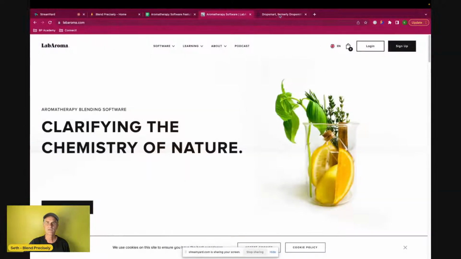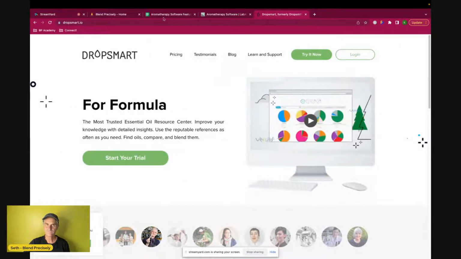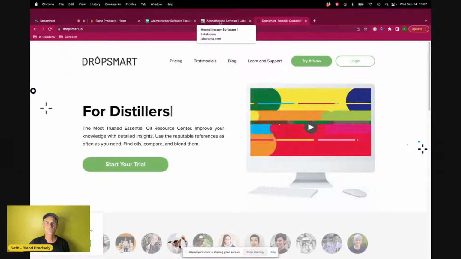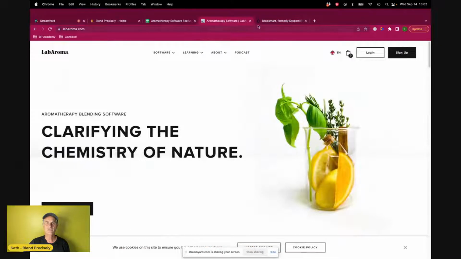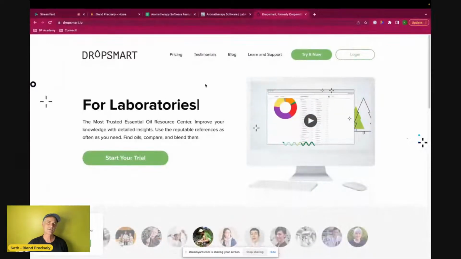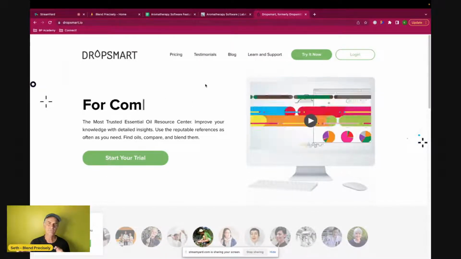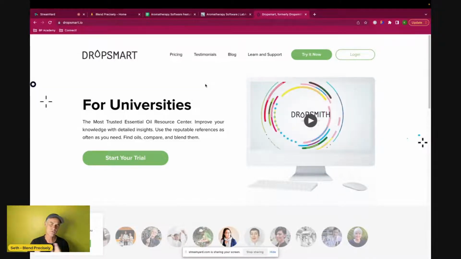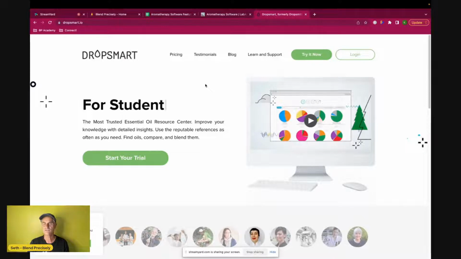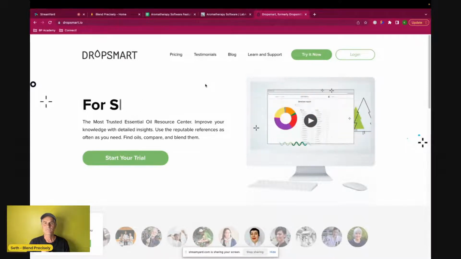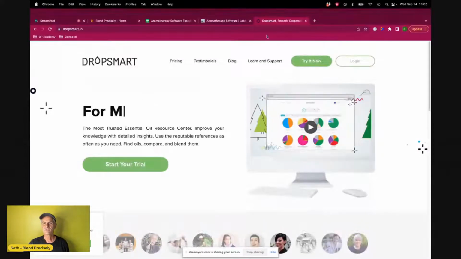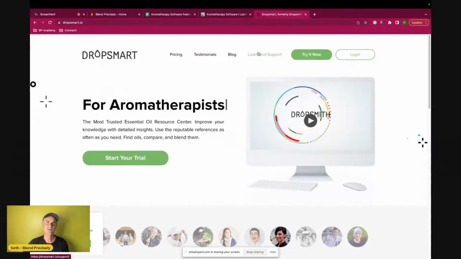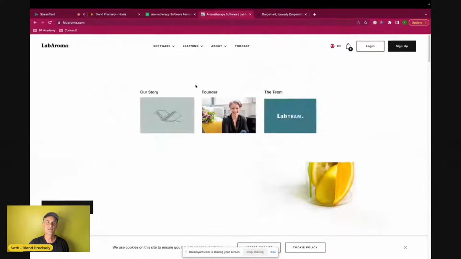So just in general, LabAroma and Drop Smart focus much more on chemistry. There's a lot of differences between Drop Smart and LabAroma that I'm not going to dwell on too much. But Drop Smart has a strong focus on distillers, and LabAroma is very heavy on